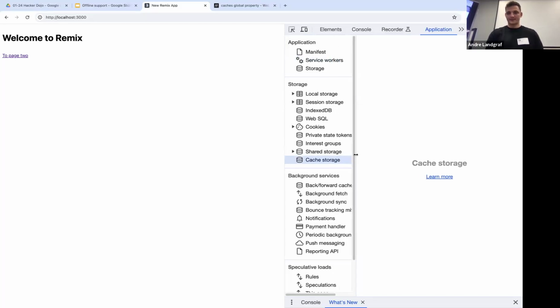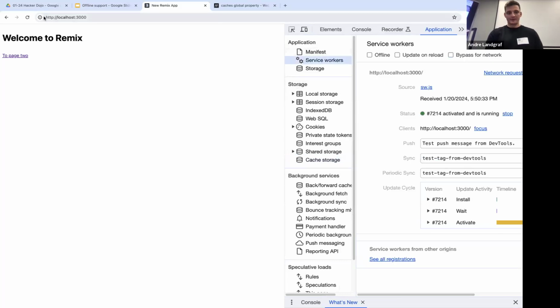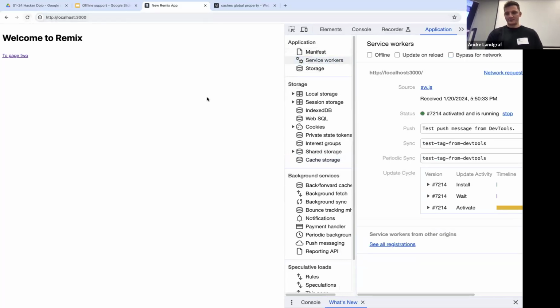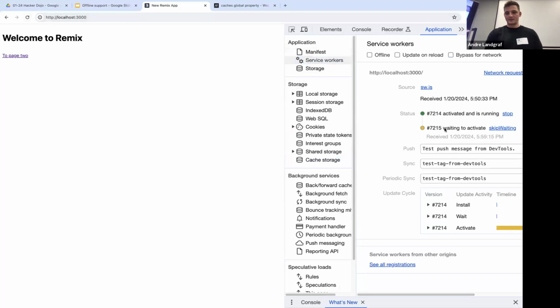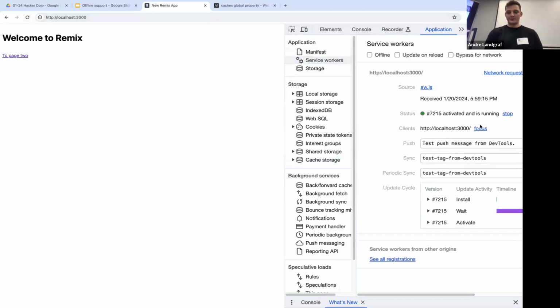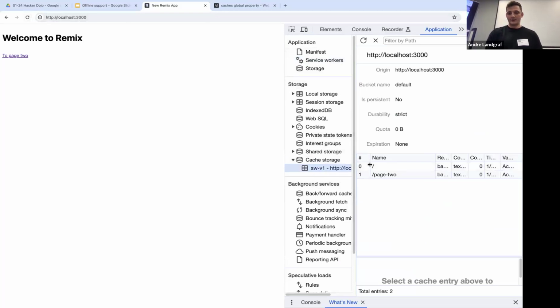If you go back to service workers and maybe refresh this, or wait a little, it should be waiting to activate. And this time we're going to do the quick route. Oh, and we already see this has been populated. So on activate was triggered, and we end up here, and we see we have two entries here for these two pages. So if I go offline now,